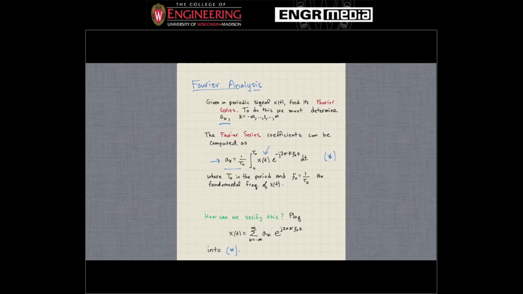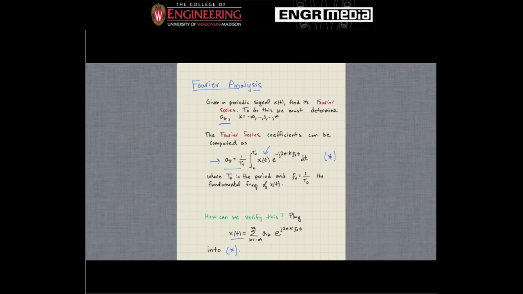So what I mean by that is, for example, another approach to do this, there'd be two ways to verify this. One that we're actually going to do here is we're going to plug in now x of t, right? This is our definition for x of t represented as a sum of complex exponentials. We're going to plug this x of t